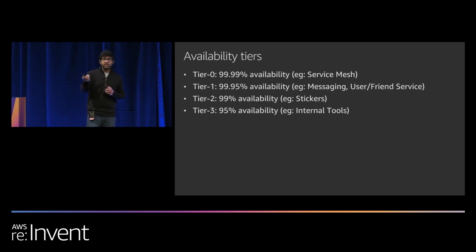And the way we incorporate these tiers into our architecture is that a given service in any tier n can only take a dependency on a service in the same tier or in a lower tier. So for example, messaging would not be able to take a dependency on stickers. And this helps us avoid a common failure pattern where outages in relatively unimportant services have a cascading effect and lead to a much larger blast radius. So if stickers is down, we never want that to impact messaging. And so this helps us build our architecture in such a way.